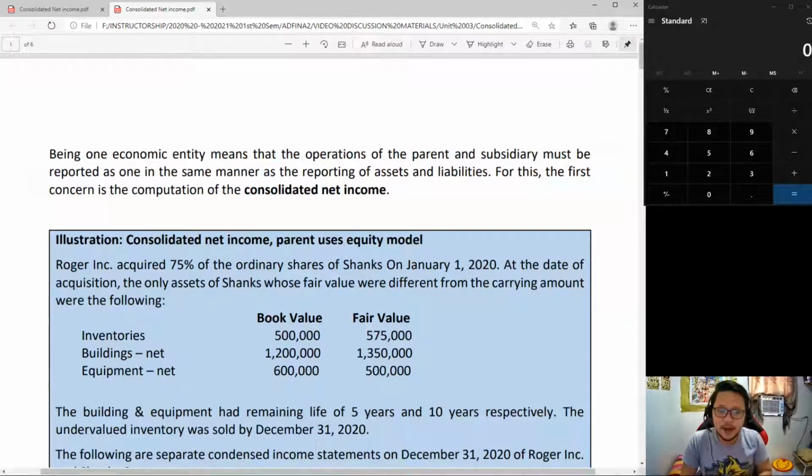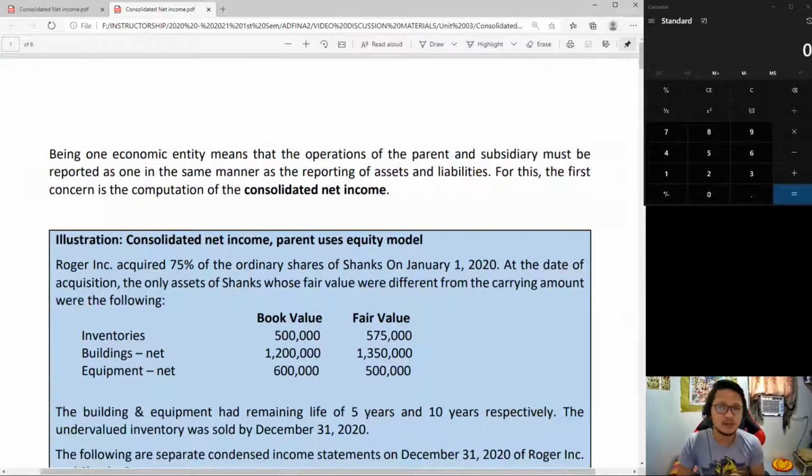First, let's have a little background. The parent and the subsidiary are actually treated as one economic entity. So their operations must be presented or reported together as one, in the same manner as the reporting of assets and liabilities. Pareho din yung balance sheet ni parent at ni subsidiary; when we report them, they should be combined into one